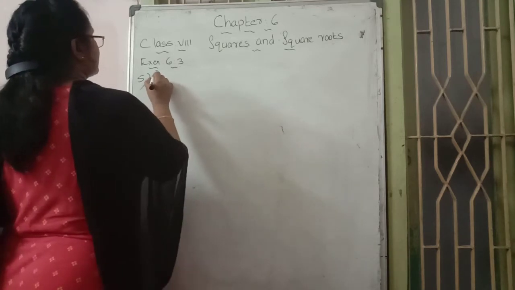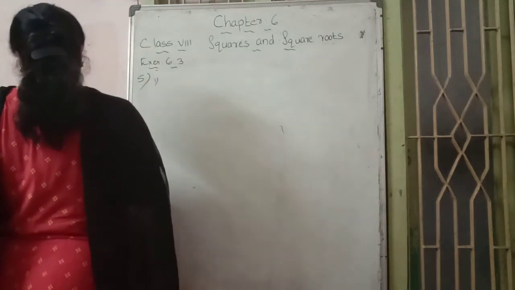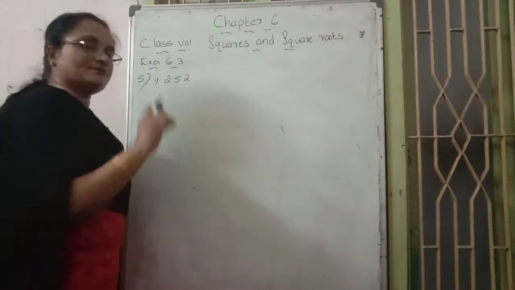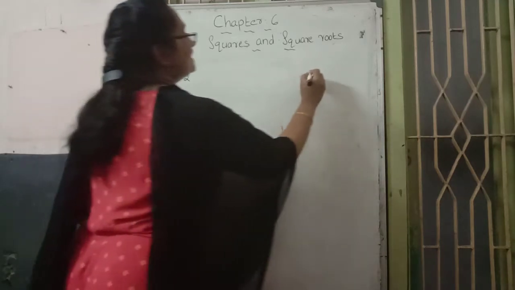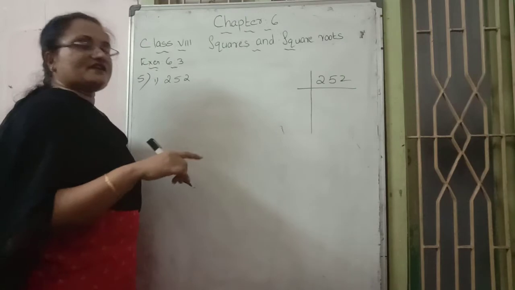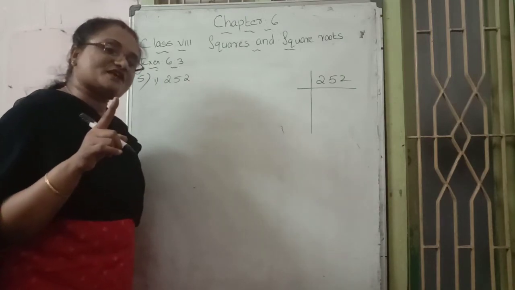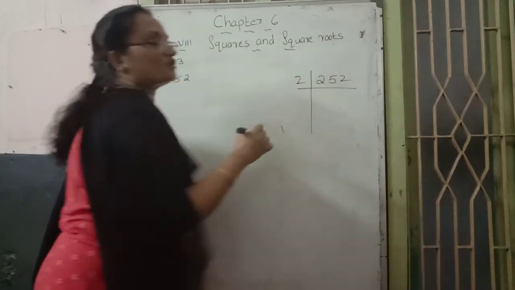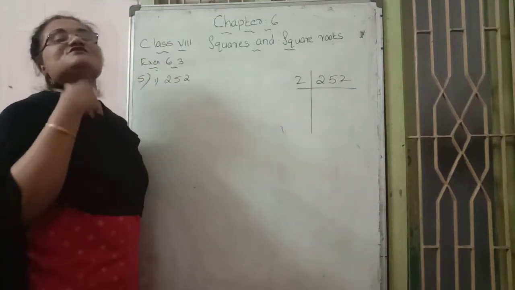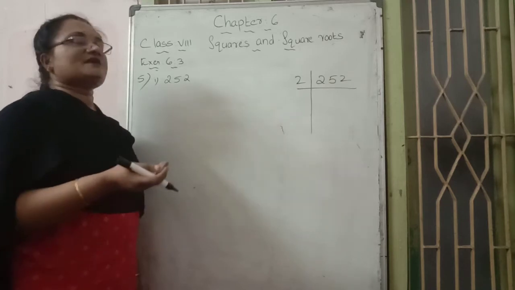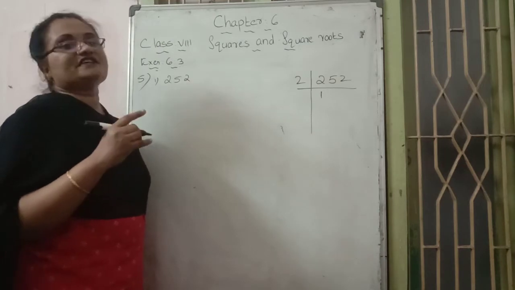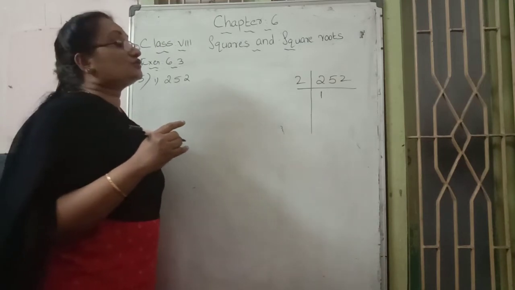For that, one example question is here: 252. Here also the same process, the prime factorization process. See, prime factorization of the first question, 252. We start with the first prime number, 2. Is 2 possible or not? Yes, because the unit place is 2. 2 is an even number. That's why we can divide it by the prime number 2. 2 table 2 one time. 2 table 5 is not there. 2 in 2 2s are 4 is there.